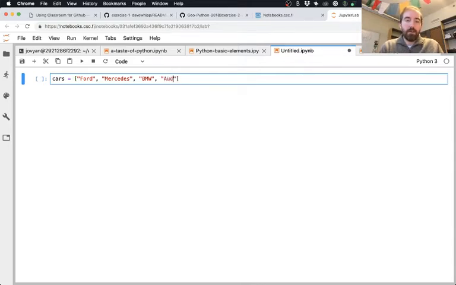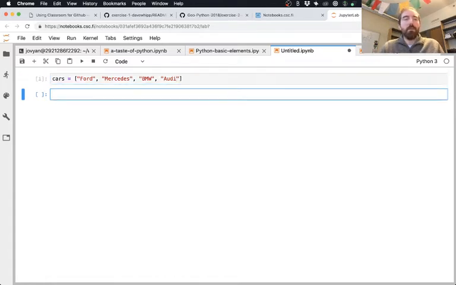We'll put in Audi to go with the theme of mostly German cars. So here's a list of 4 different cars, and these are words, and so converting these directly to an integer themselves wouldn't necessarily make any sense.